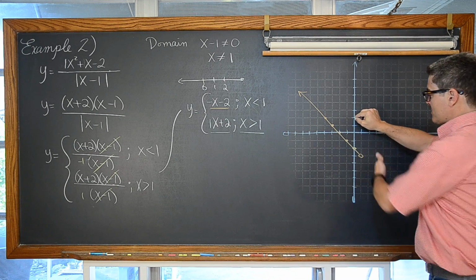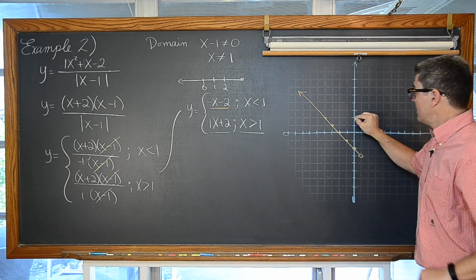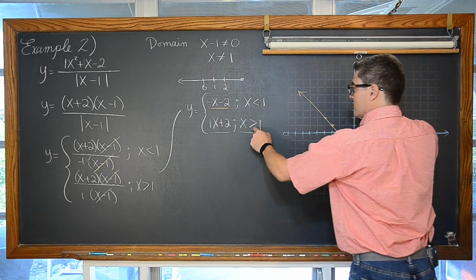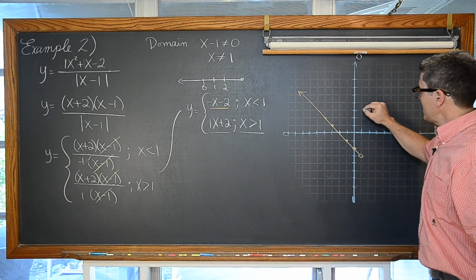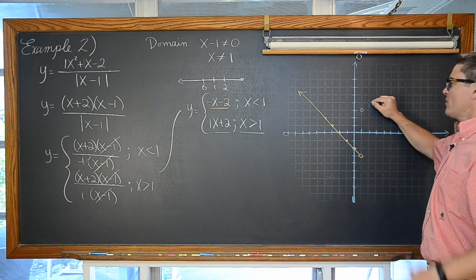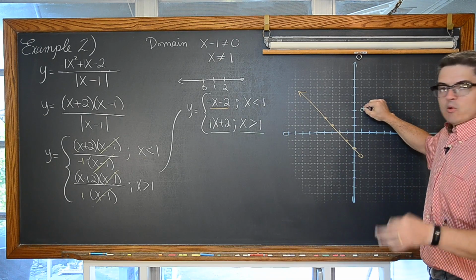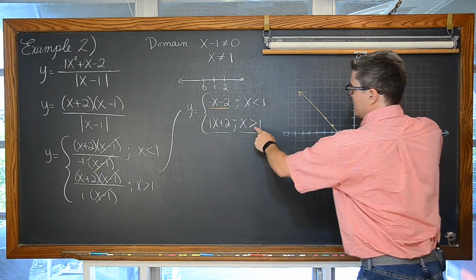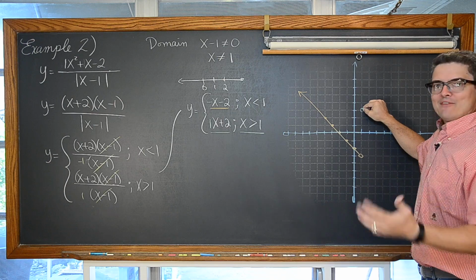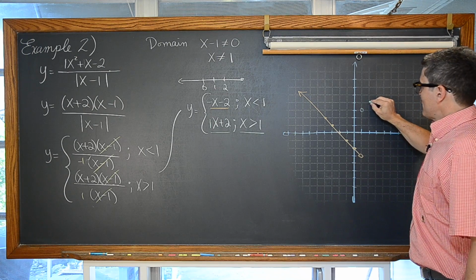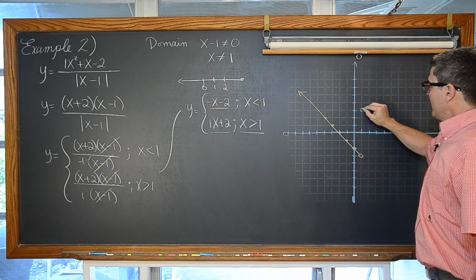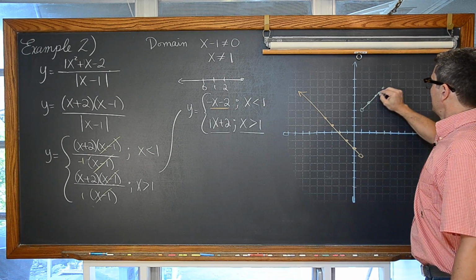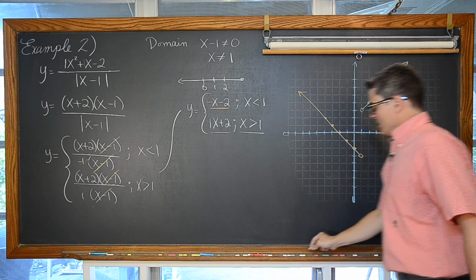So we're starting at 2. I'm not going to make a dot there because I'm to the left, not to the right of 1. I'm going to go up 1 over 1. I'm at x equals 1. I'm not including x equals 1, no equal sign, so an open dot. Don't just skip all the way up over here to 2, because 1.00001 works. It's part of this domain, if you will. We're not graphing integers, okay? So we're not going to jump over here to x equals 2 or x equals 3. And up 1 over 1, up 1 over 1, and so on and so on. And this is the final version of our graph.